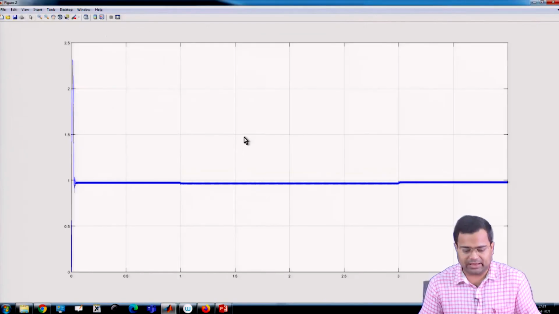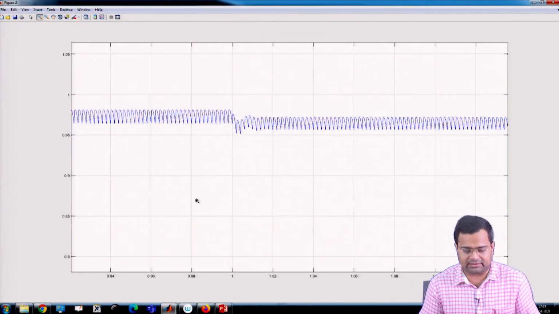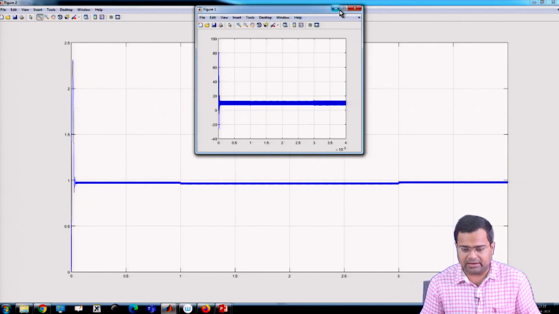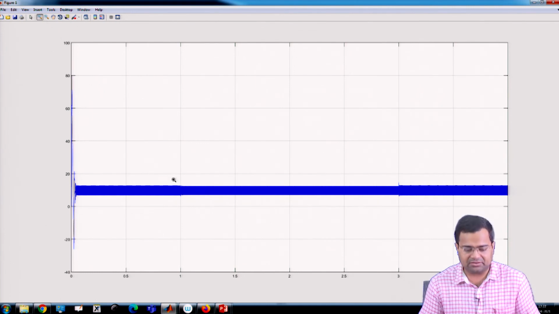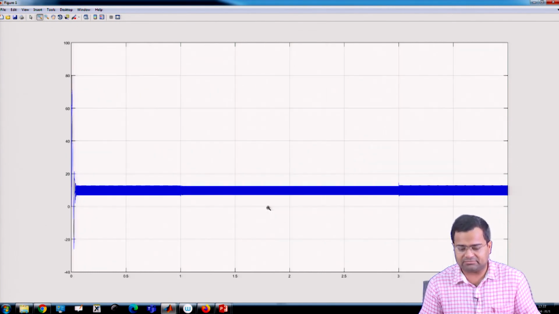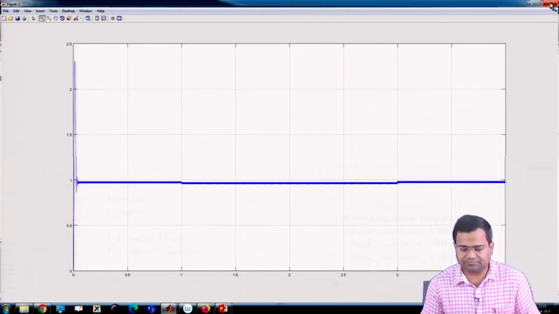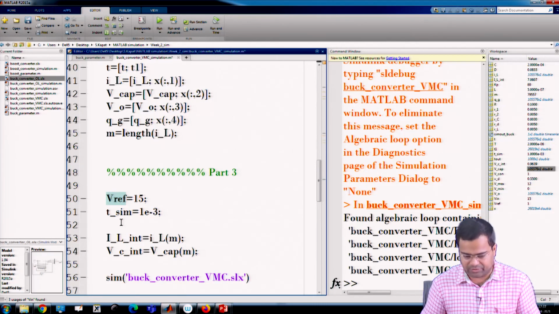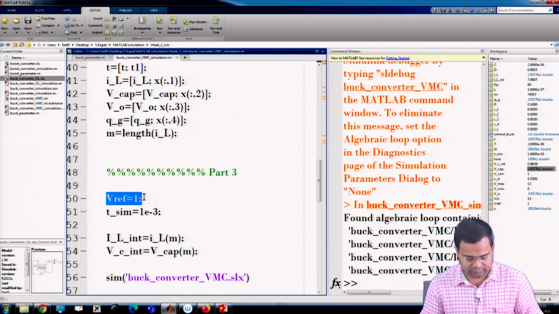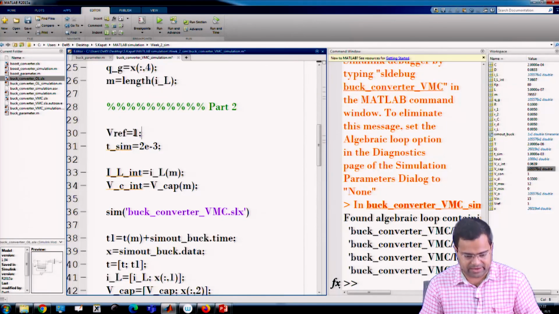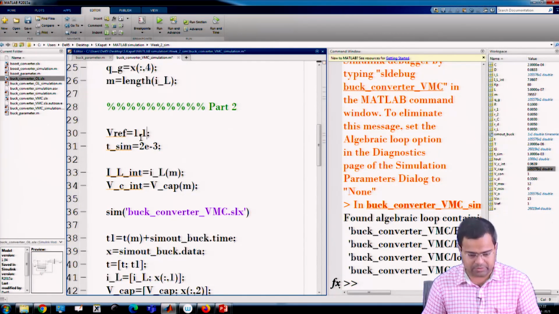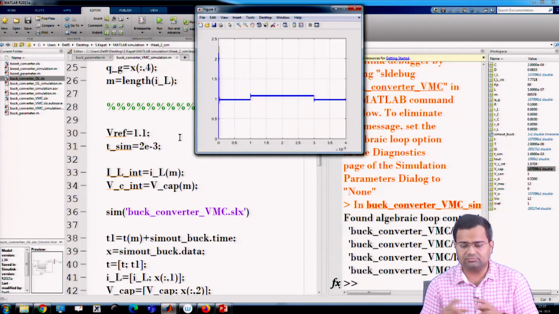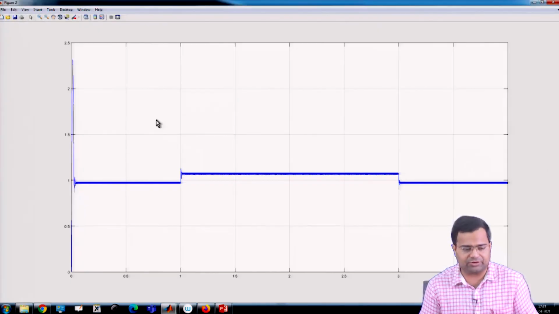Yes, you can see there is not much effect. This is a supply transient we have made, and the current also has not changed drastically. So these are all possible, you can run all of these. And the third one, which we probably want to see, is 1 volt coming back. I want to make Vref equal to 1.1. Okay, so we want to see what happened.